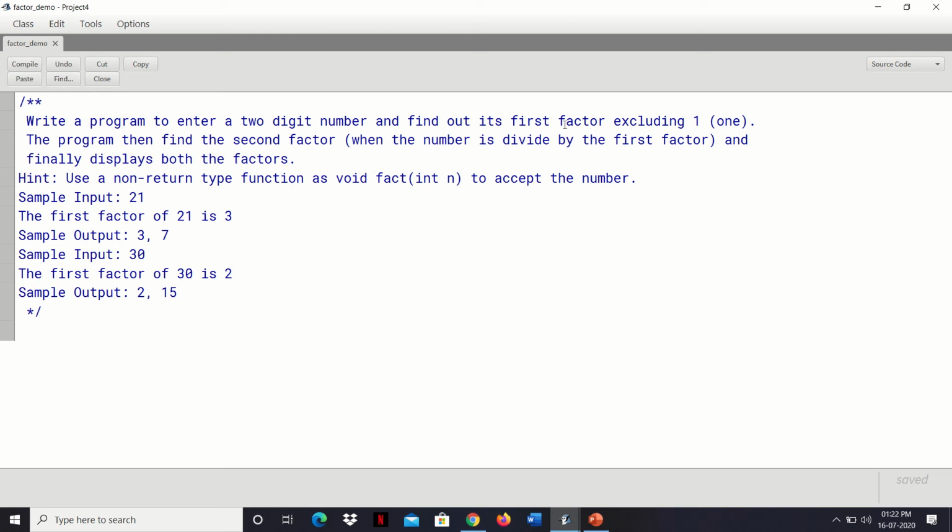We have to first take out the first factor, then we have to take out the second factor, and finally we have to print the factors. To do this, we have to write a program. I will demonstrate to you students how to write a code to calculate the factors of a two-digit number. So without wasting much time, let's code it quickly,